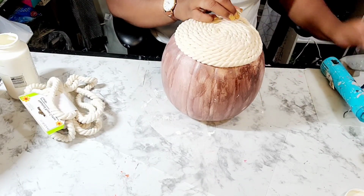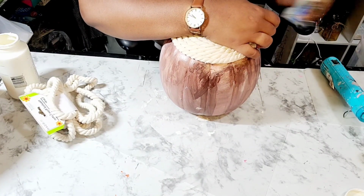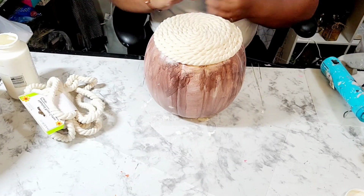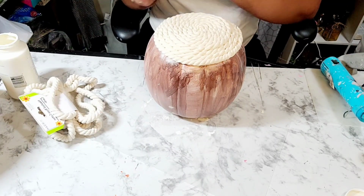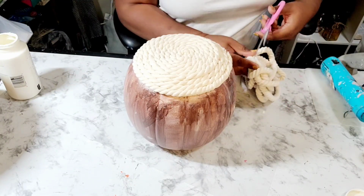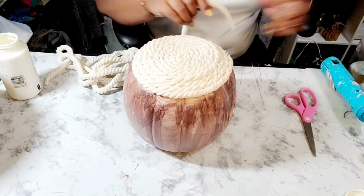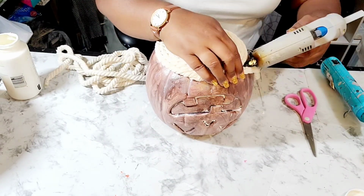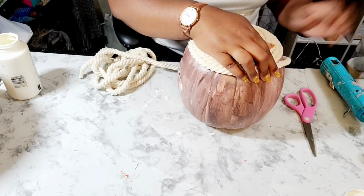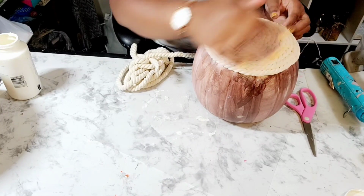This was used in a previous DIY, so it did have some unraveled pieces, but I just added hot glue to it and just kept going in the pattern of the rope. I am adding a generous amount of glue to this. Again, this is fabric glue that I purchased from